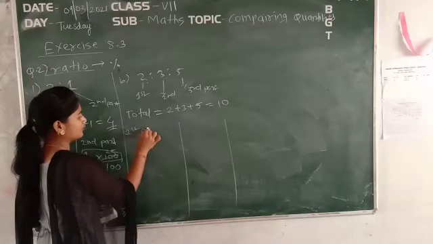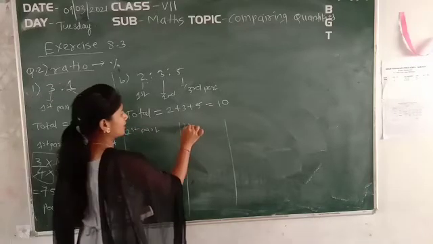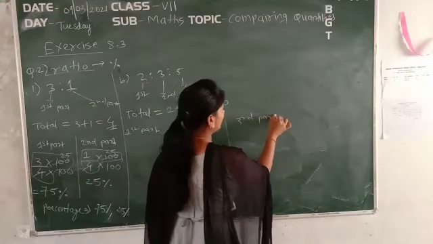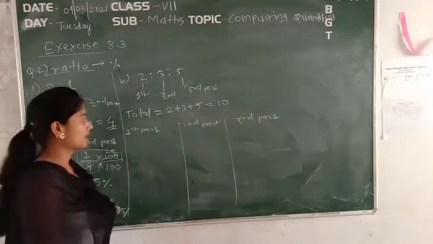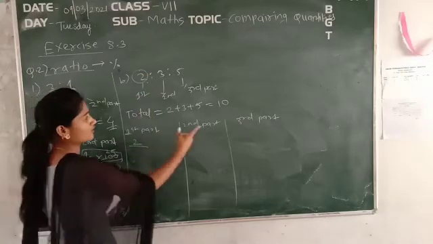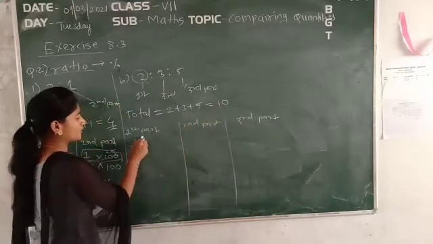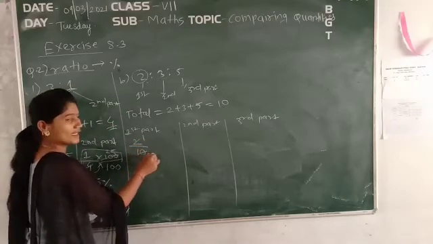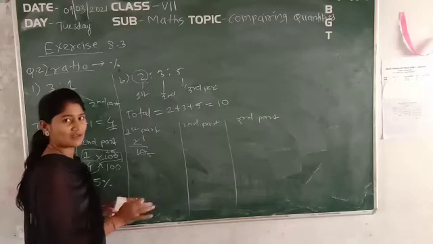Here the first part, here the second part, and here I will take the third part. Okay, clear? Now one by one let's solve it. What is the first part? 2. So 2 out of how much? 10. Okay. So here you can find out the percentage, but before it, make it in a simplified form so that the calculation will become easy.